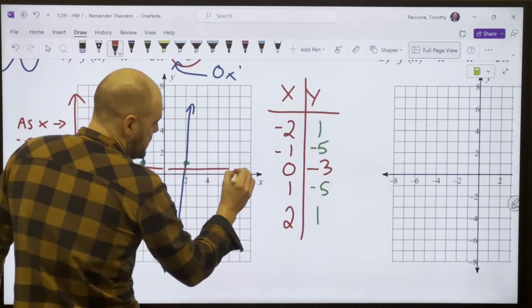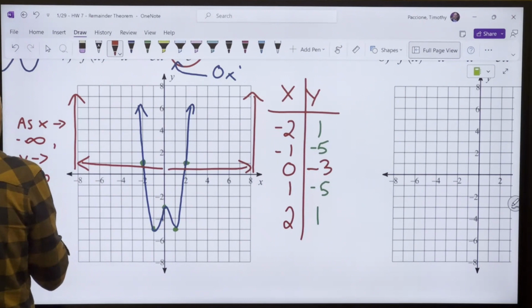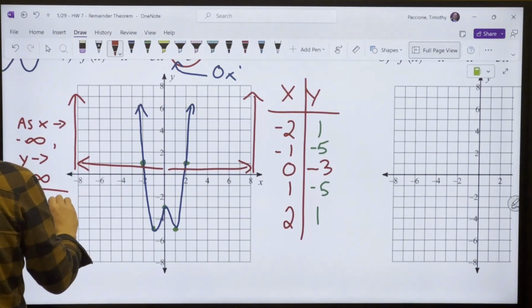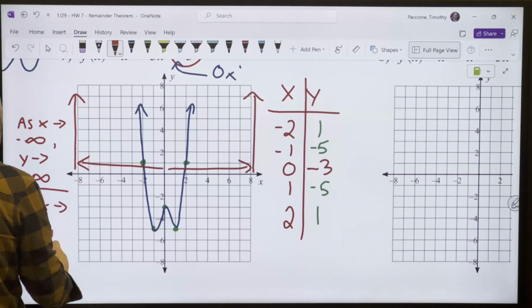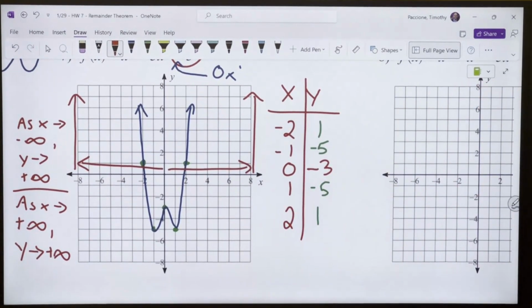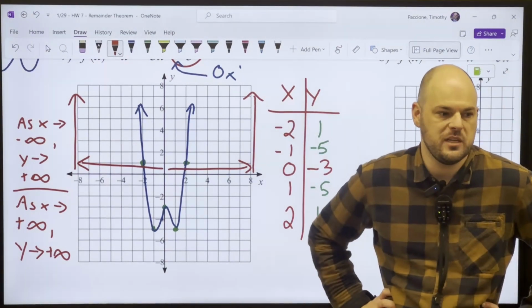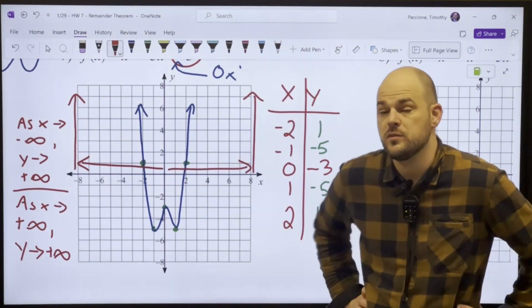And then as x goes to positive infinity, y again goes to positive infinity. In notation, I would practice the notation because you will need to do that, so you might as well get good at it. Okay, so that's the homework. All right,